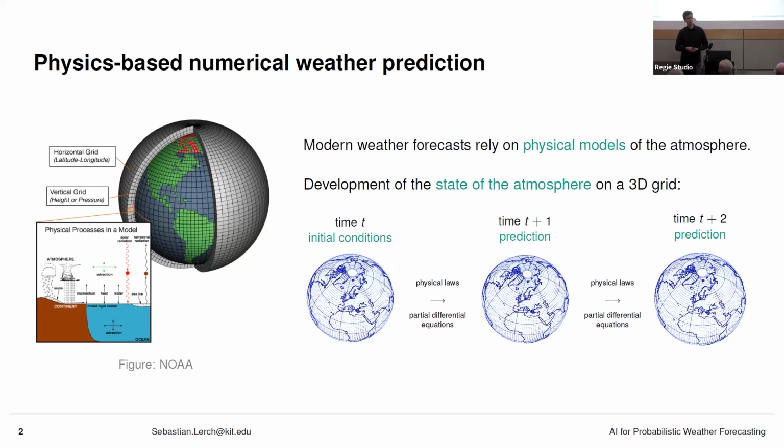Most importantly, maybe uncertainties about the initial conditions, because of course we do not observe the weather everywhere on this three-dimensional grid. And then there are also uncertainties about the models, because lots of the processes in the atmosphere cannot be resolved in the current grid resolutions of the models. So they have to be put into the model indirectly, for example, chemical processes in clouds or radiation processes.